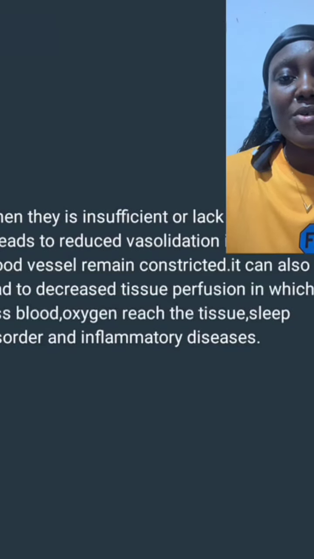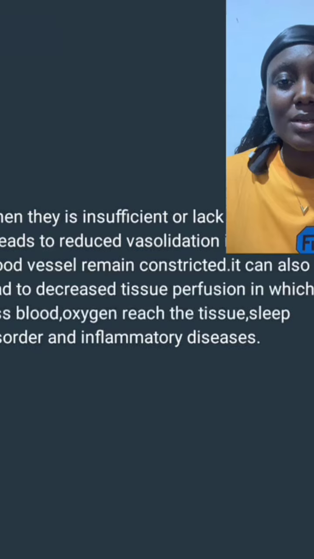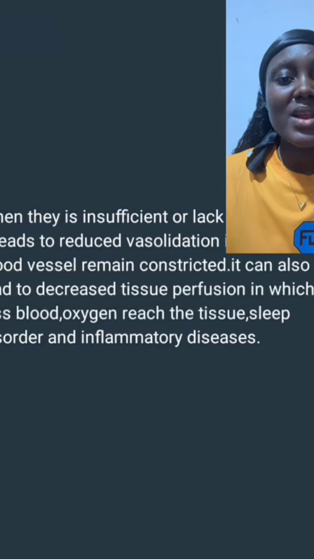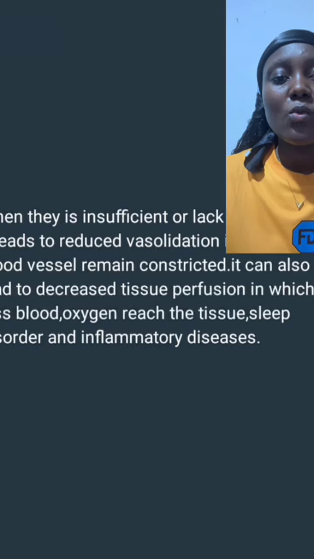Adenosine receptors are of great importance in our human body, in which when there is a lack, or when it is